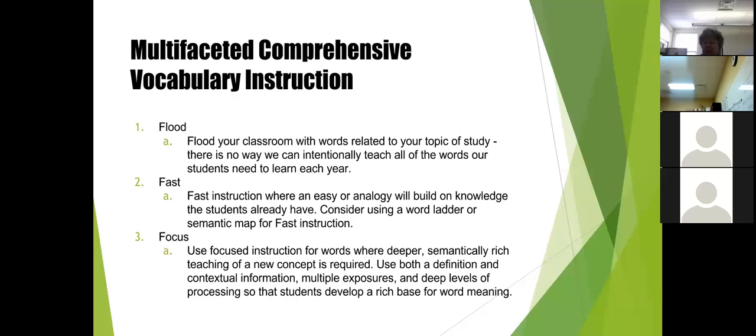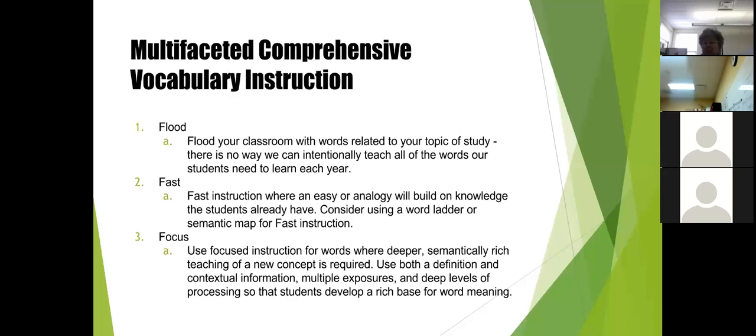The instruction is for terms where an easy definition or analogy is all that's needed to build adequate knowledge of the term. Fast-paced instruction identifies the word, provides a synonym, gives an example of its use, and then asks students to provide their own connection to the term.